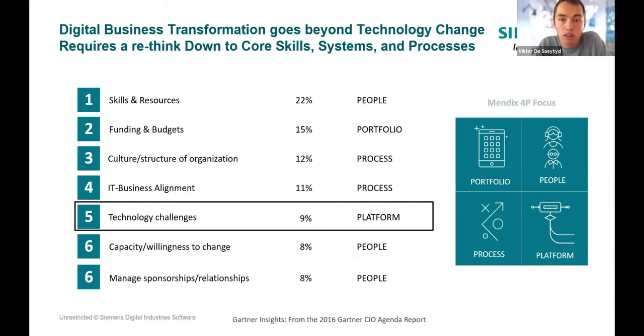The people also, as you see, need to have the right skills and resources. And next to that, the platform is of course important, but also the portfolio, which allows you actually to grasp the value of businesses, of business cases. So what can we build with this? And I hope that in the few coming slides we can give you an idea of what we can do with this. But I think, Bart, it's good to turn it back around to you. How are our partners, Apyx in particular, implementing these 4P focus of Mendix?